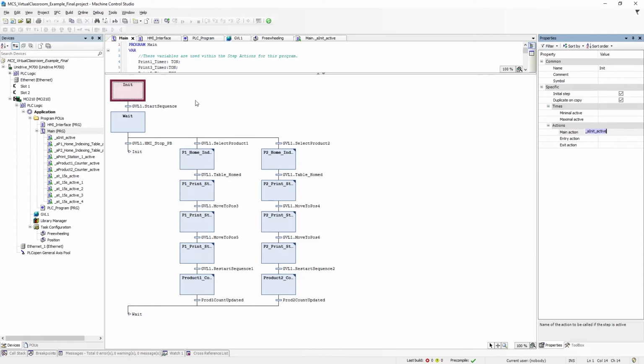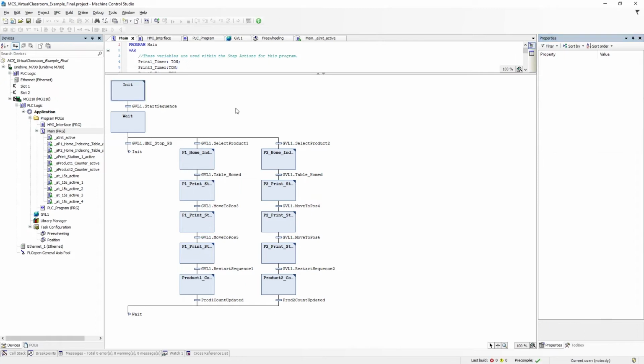how do you stop it? Once it's started and it's in these steps, it's going to perform the code that's called out in each of these steps. Well, what happens if I want to stop motion? I want to stop this from executing. I suppose I could have put instructions in each one of these steps to get me out of here and back here, but a better way to do that is to use the